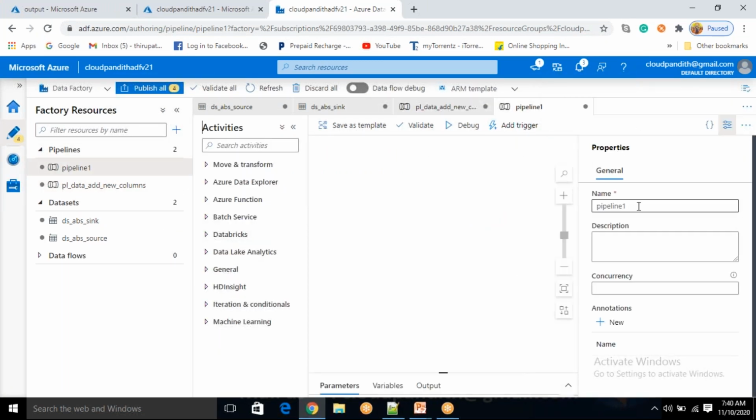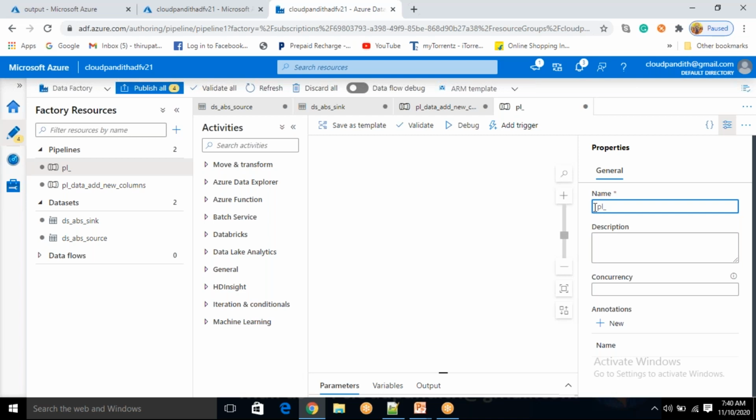Sir, a doubt: for deleting purposes, do we have any option like select all? If we have 10 files, how can we select all, not clicking manually? For deleting files in the input container or output container, is the select all option available? That is not implemented yet.